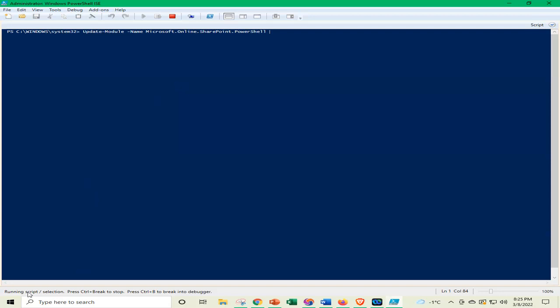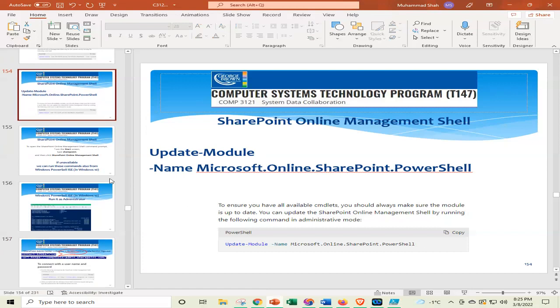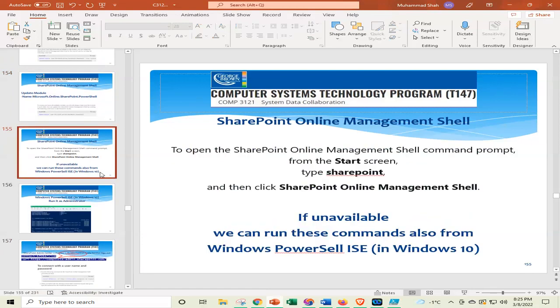See, the script is running. Here we can see in the status line. Yeah, it's updated. No message, no errors. So it is updated. So this command is also working. And next,